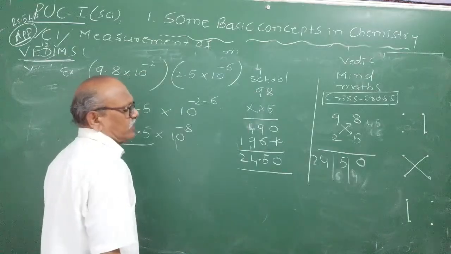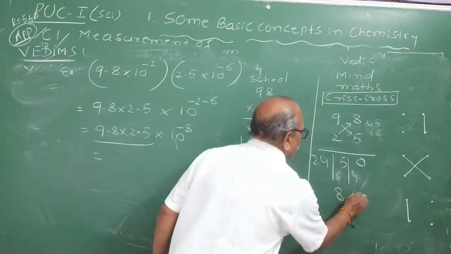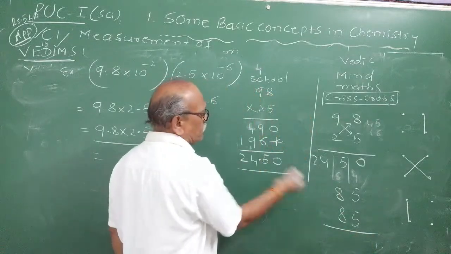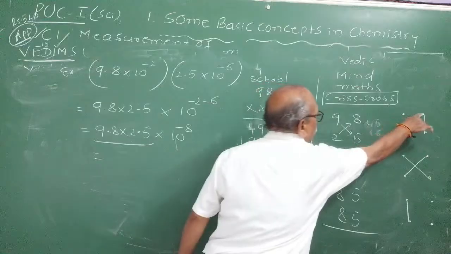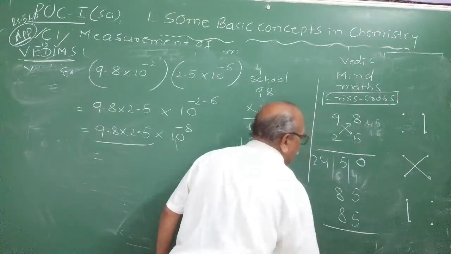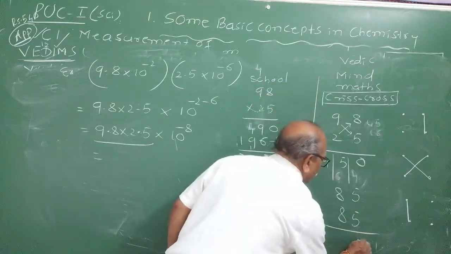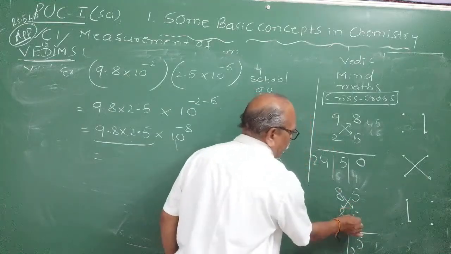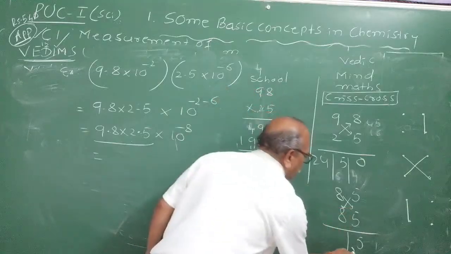Square numbers also you can easily get. Even 85 square. Suppose that you want 85 square. Generally, if you do this method, it takes a lot of time. Now I will use this method. 5 5s are 25, carry 2. Cross multiply and add. 8 5s are 40 plus 40, 80. 80 plus 2 is